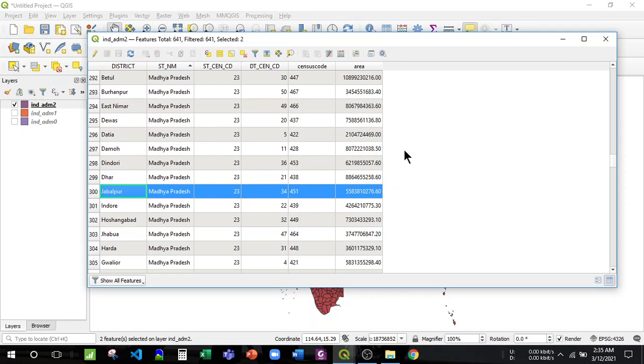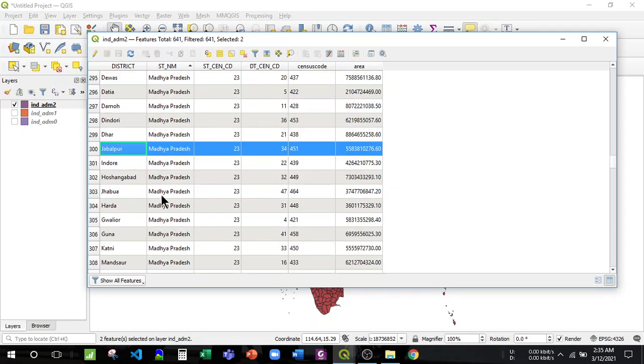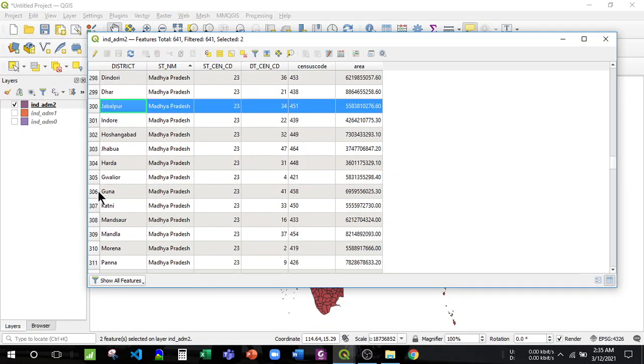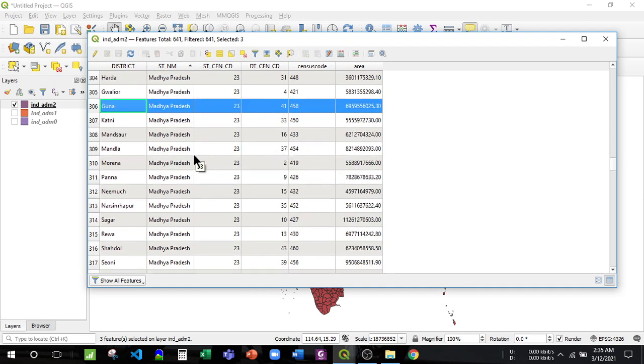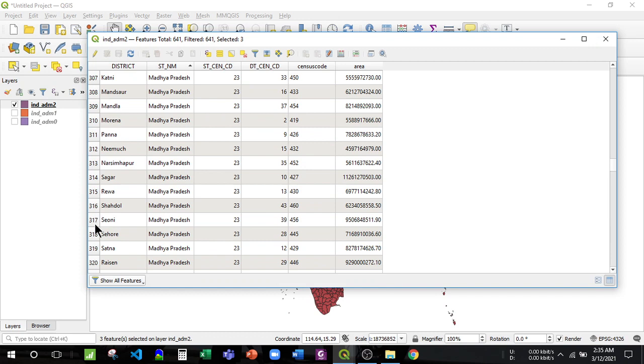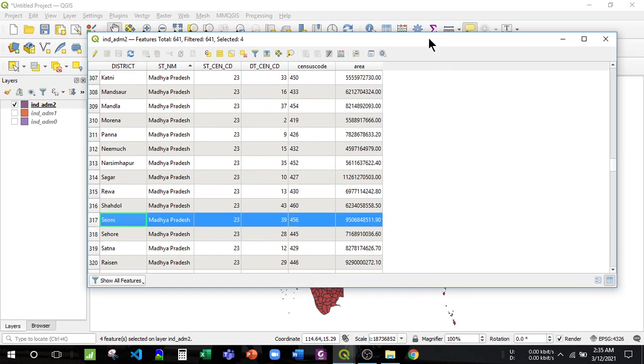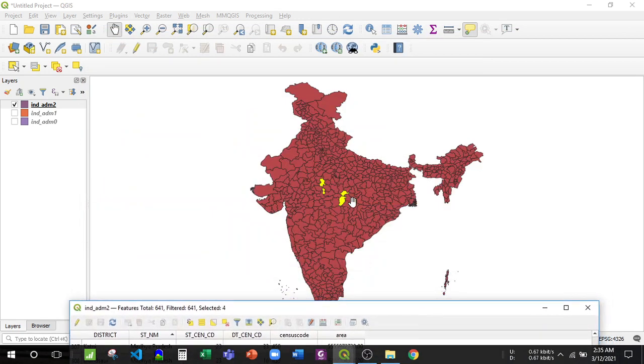Don't forget to press the Control button. If I have to select Guna, I will click Control plus left click. See, I have selected three. Let me take one more. I'll take Seoni. See, all these are highlighted here.